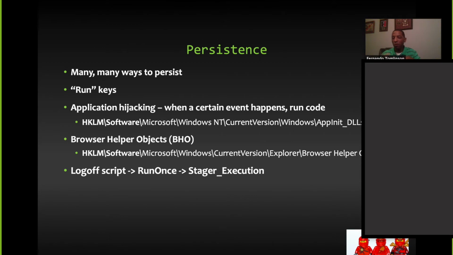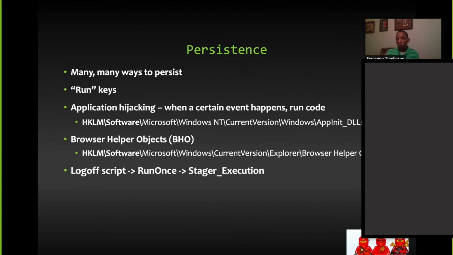We have some very intuitive ways where an admin could configure a log off script. So every time somebody logs off a machine, it executes a script where it does something. Maybe the admin wants to delete the recycle bin. Maybe the admin wants to check for updates beforehand, whatever. But there's a registry run key called RunOnce. And when we configure RunOnce, it does exactly what it sounds like. It runs once, and then it deletes the item that's in there.